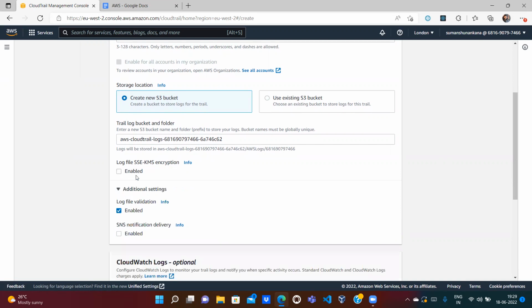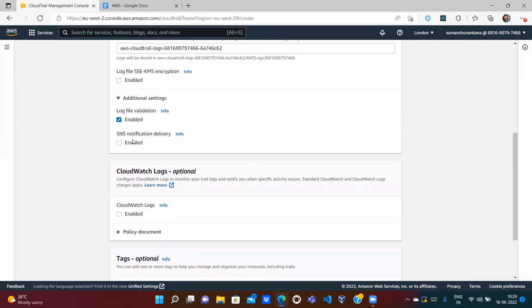So I don't want to encrypt it. I want to analyze it by default. So log file validation, okay, enabled. SNS notification delivery, do you want to make it enabled? No. CloudWatch logs, do you want to enable the CloudWatch logs? So I want the logs,